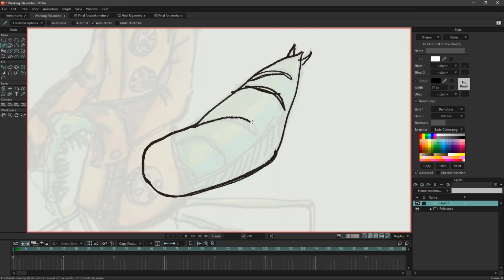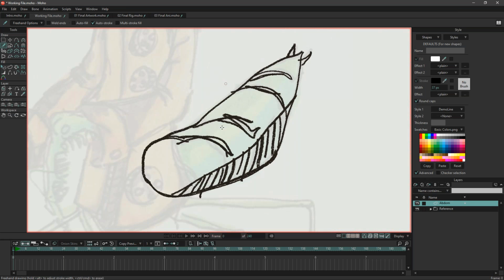Because it's that sort of pen and marker style, we've got the luxury of just being able to really rough this in as much as we want. So in a bunch of lines. I'm probably not going to be very careful with this or as careful as I was with the original drawing. Great, so we've got that, and we'll call this